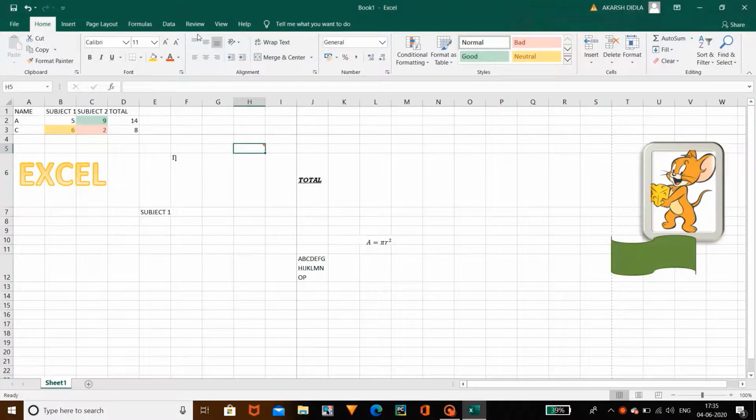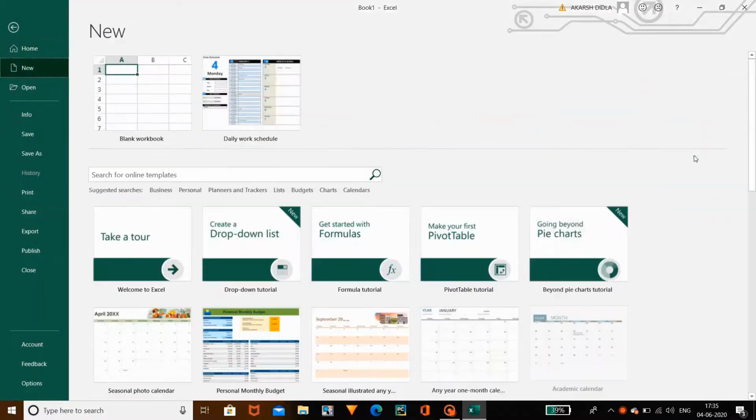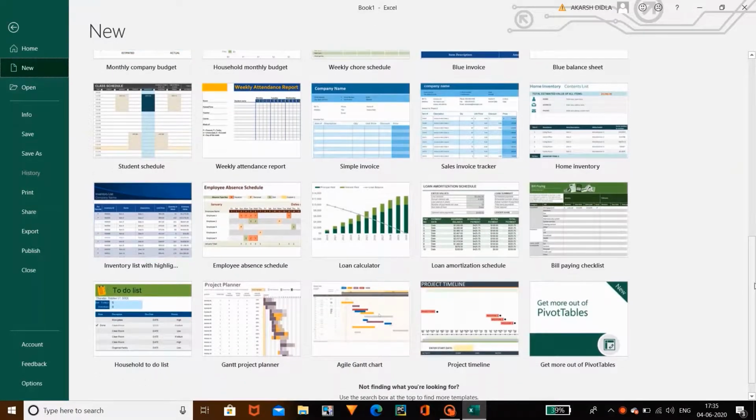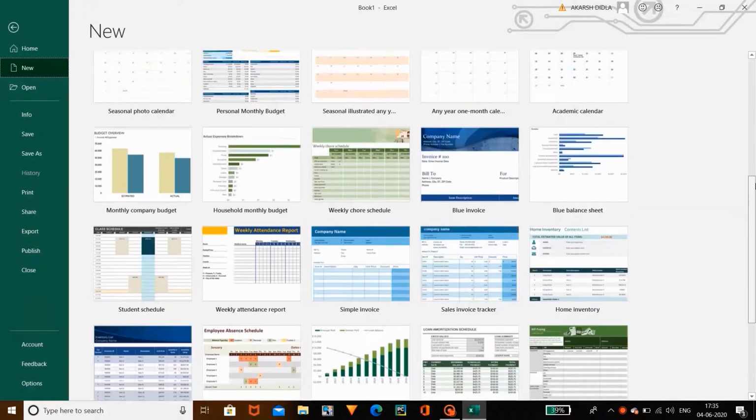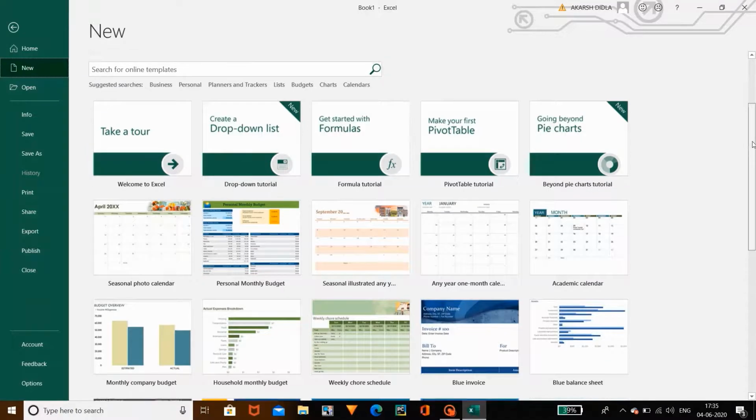In this lesson, I am going to teach you the project. I am going to clear everything I have written. By going to File and clicking Blank Workbook, you can select any type of template here, as you have understood each and every option. There are different types of templates here. If you want billing, project timelines, to calculate rounds, or to make your own schedules, you can use any of these templates. As you have clearly understood each and every option, you can select it.